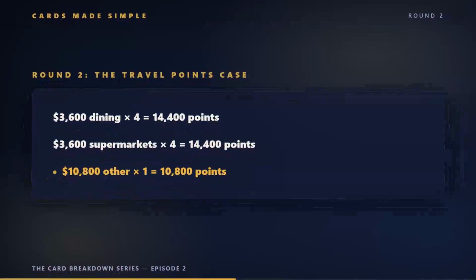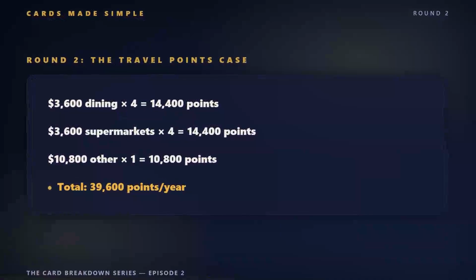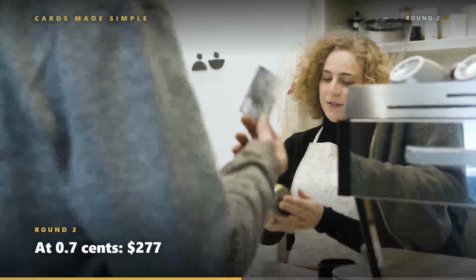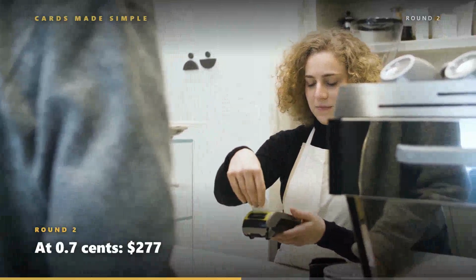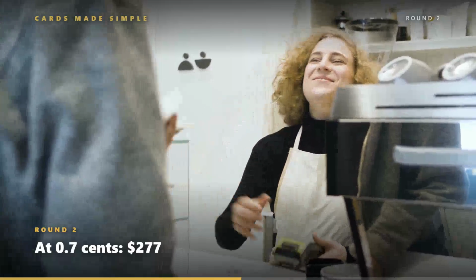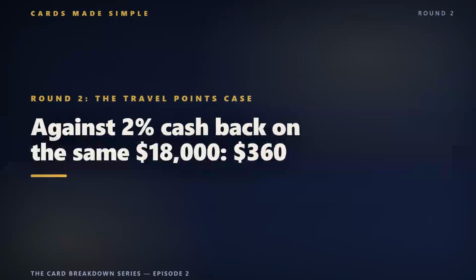$10,800 other times 1 equals 10,800 points. Total, 39,600 points per year. At 0.7 cents, $277. At 1.5 cents, $594. At 1.9 cents, $752. Against 2% cash back on the same $18,000,